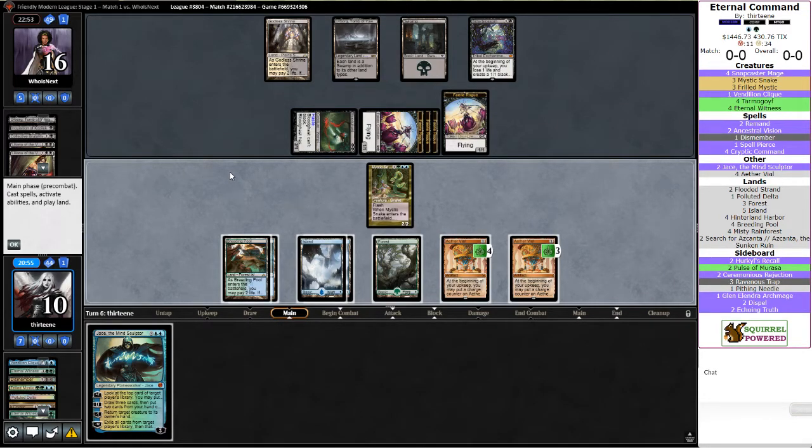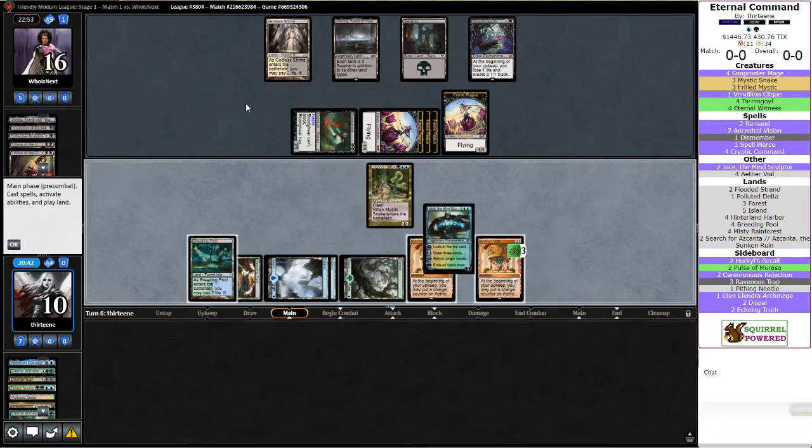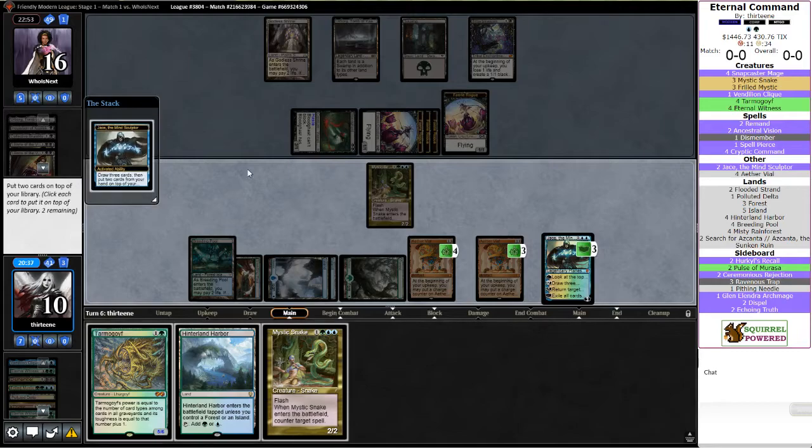Jace the Mind Sculptor. Alright, so Mystic Snake can block Bloodghast. I can bounce a fairy token. I can just Brainstorm. I think I'm on blocking duty and Brainstorm. It's going to be highest upside again. We're going to see a couple of cards. Like Goyf is pretty good. Hinterland Harbor